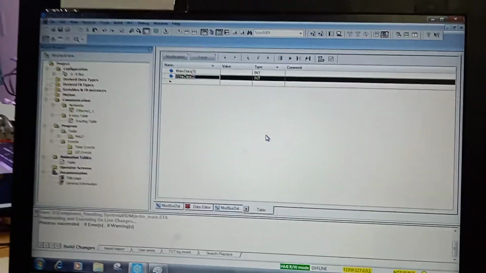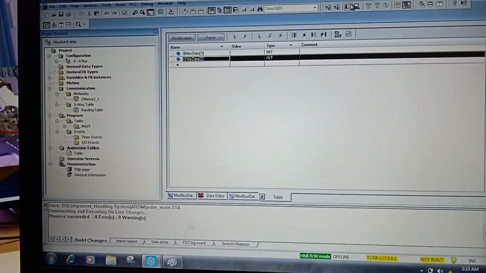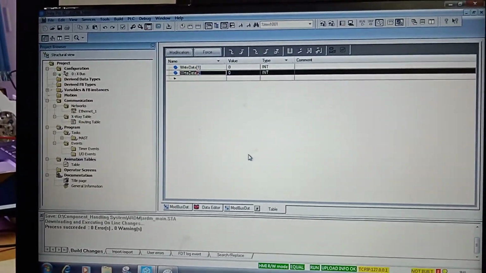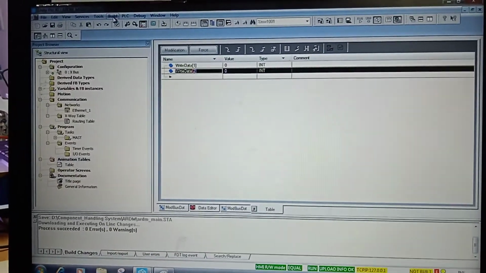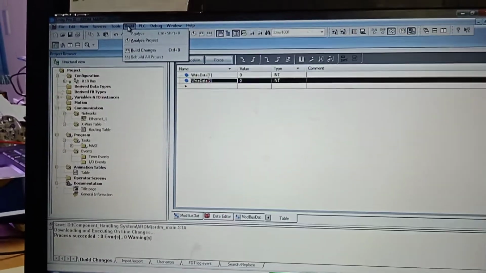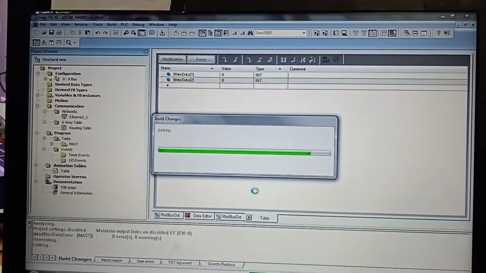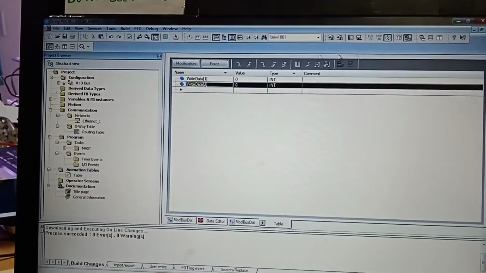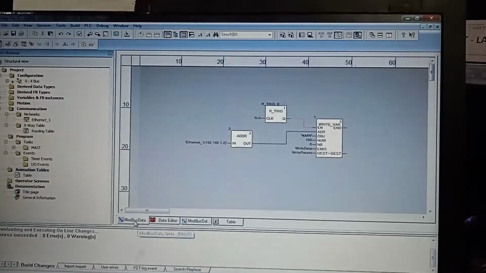So this is my second data. I have taken it. Now I will connect the PLC. Now the PLC is connected. Now I will go to that particular section.